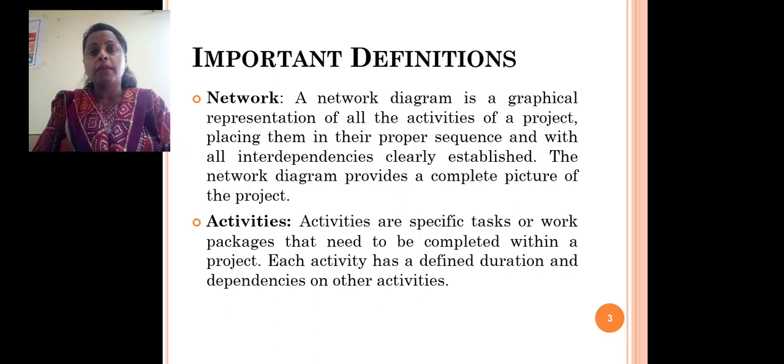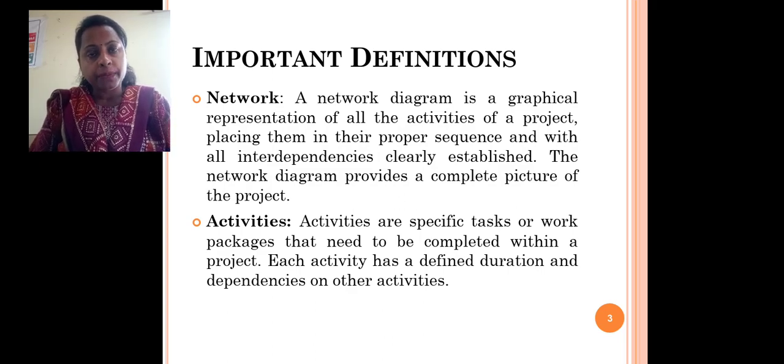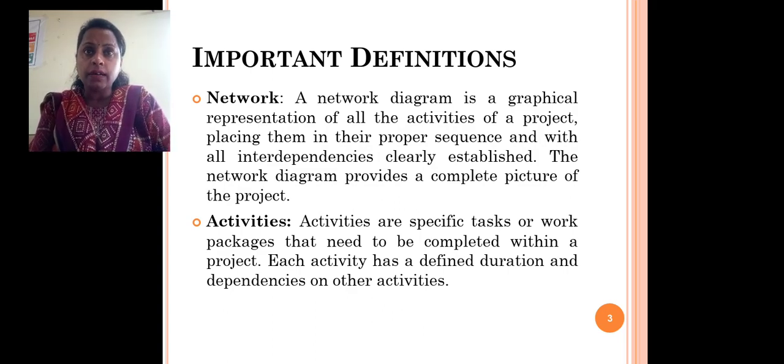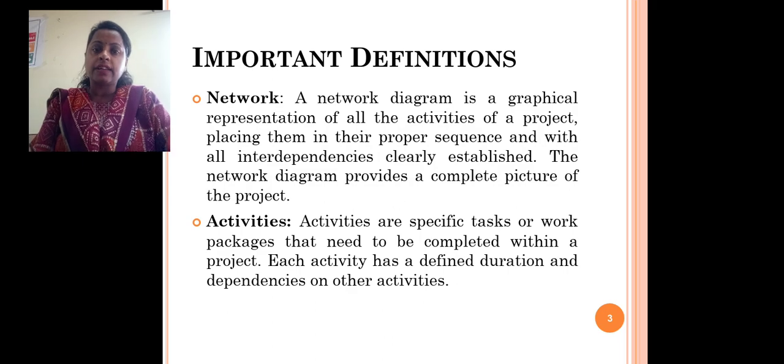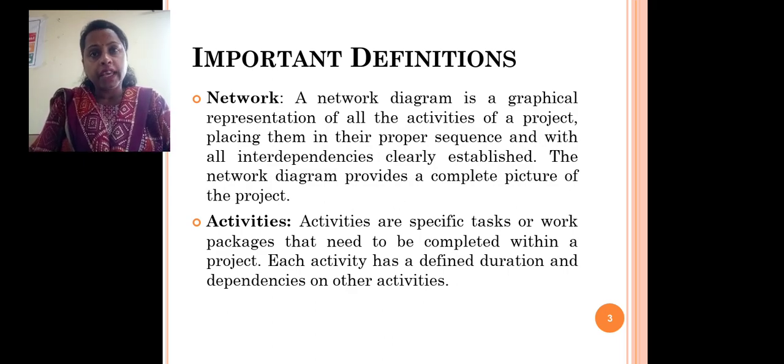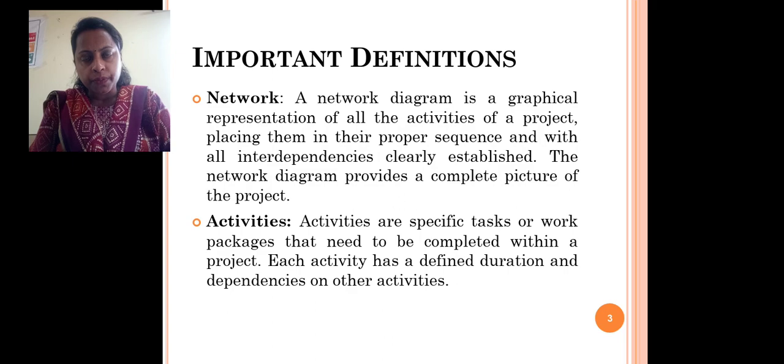In a network diagram, you will be able to see the starting point of the project and the ending point of the project. So how can we go from the starting point to the ending point? There are different ways to reach the ending point. We will discuss it through a graphic, and the picture will be more clarified to you, dear students, with the help of an example. Later on, in the later slides, we will discuss the network diagrams also.